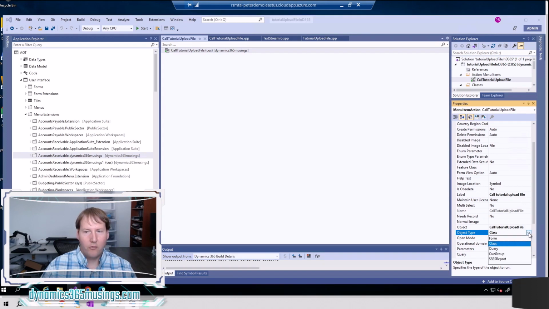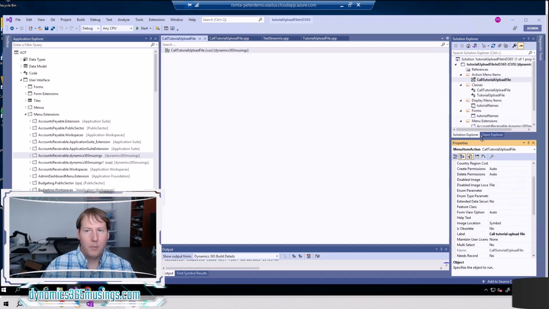It could be a form or a report. Form's most common, but in this case we're going to call a class, and then we're going to call our class called call tutorial upload file. So we're kind of working backwards. We've got a class that calls our other class. We've got a menu item that calls this class now, and then lastly we need this menu item to appear